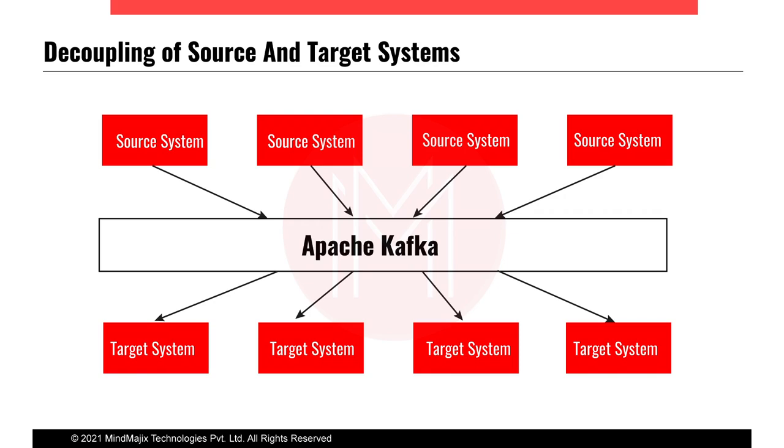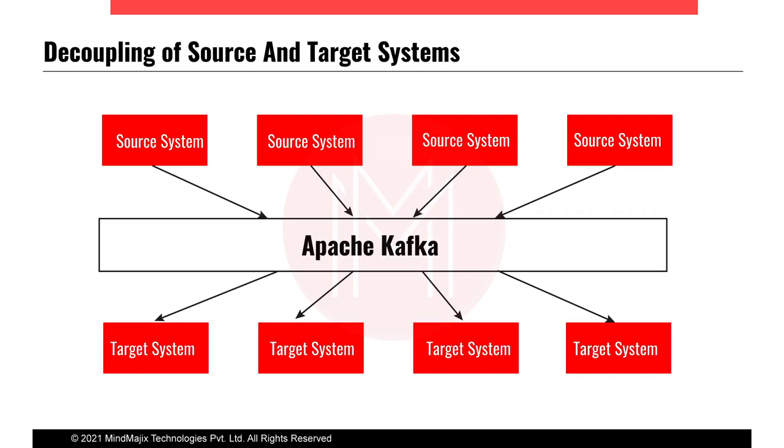Now Kafka will take the responsibility of establishing communication from source 2 to target 1. Now let's assume source 4 wants to connect to target 3. So it's very straightforward. The source system connects to Apache Kafka, and from Apache Kafka, the target system will connect to Kafka and it will consume the messages so that the communication will be happening between source 4